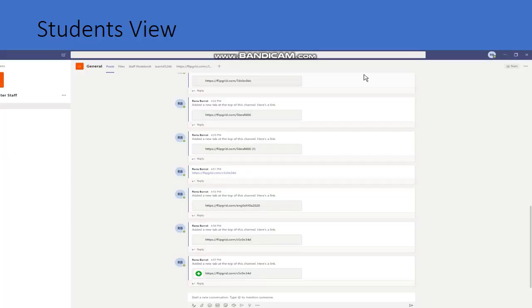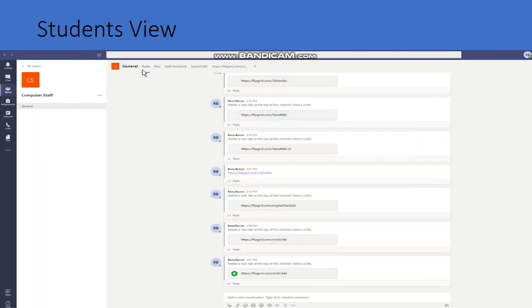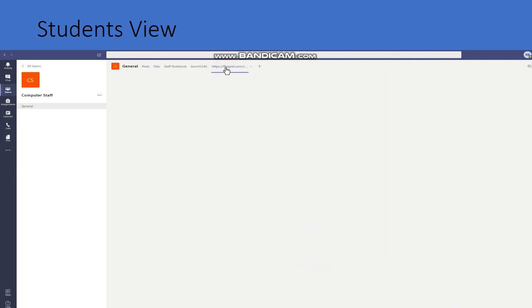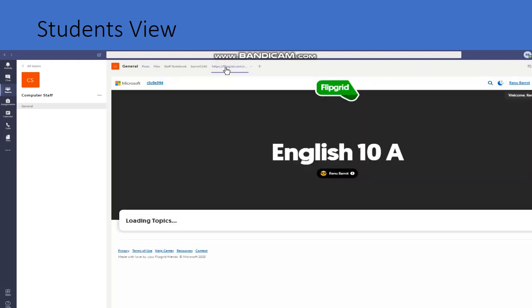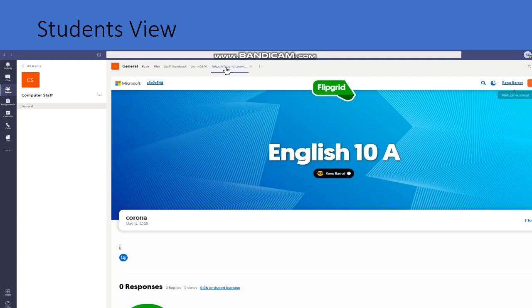Okay, let's see how students will access it. When they open their channel, on the top they will find some extra tabs for the grids the teacher has created for them. If they click on that tab, they will be directed to Flipgrid.